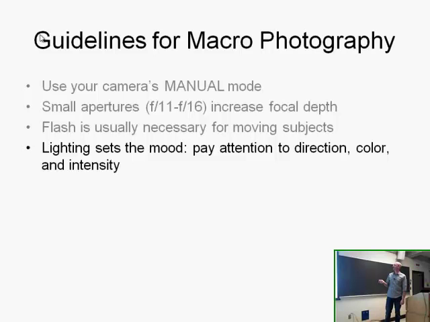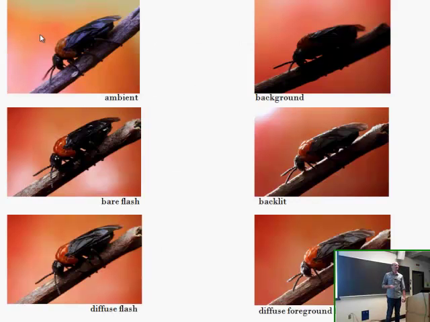This is an example of an ash sawfly just sitting there. This is actually an apple in the background. For some reason I've started using fruit recently. I think this was lying around my kitchen. But anyway, this is a bug on a stick, and I photographed it just by changing the light. This is ambient light, so I just let the shutter sit open for a while. The camera's on a tripod, so it wouldn't shake. And I produced this kind of image, and you might not be able to see it from where you are, but the antennae are blurry, because this thing was sitting there doing this, which is not the effect I wanted. So how about I make the shutter speed go really quick, but I need to use flash to get enough light,